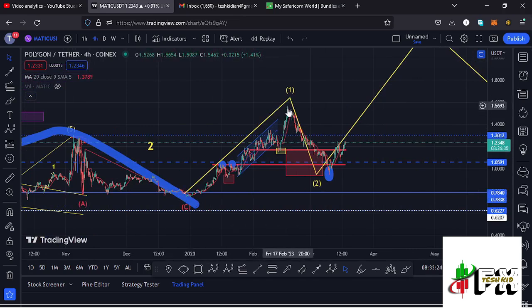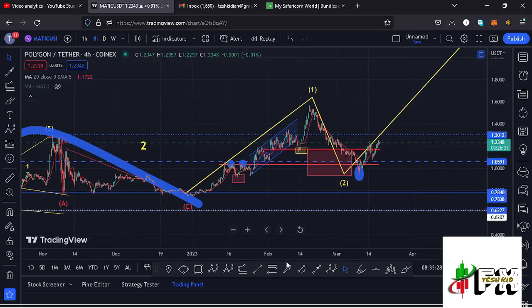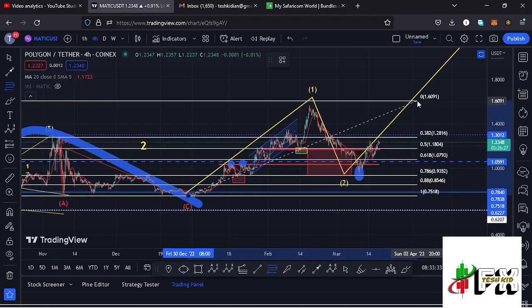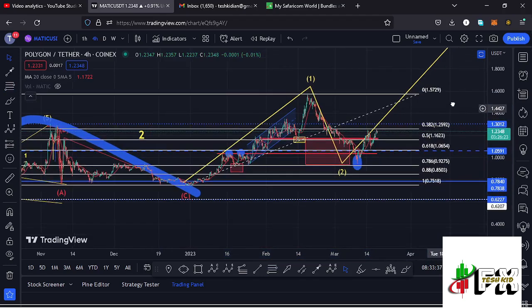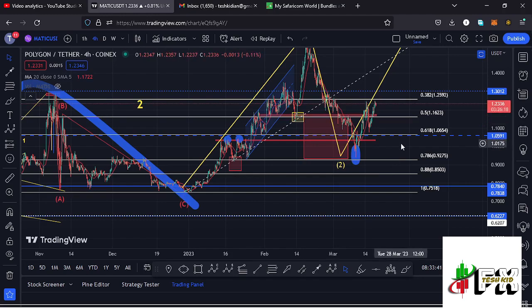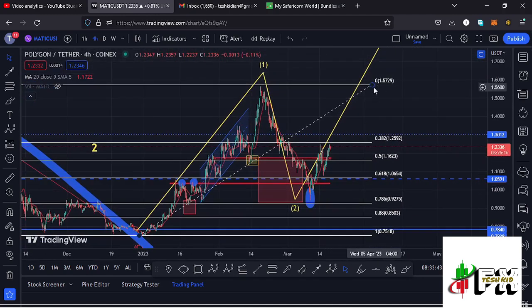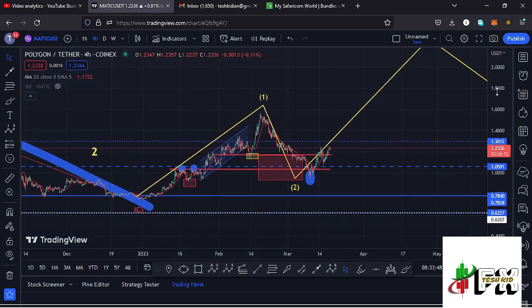And after seeing the high for that wave 1, we started a corrective structure in the formation of this wave 2, and using the Fibonaccis connecting them from the low of the first wave to the high of that wave 1, I was able to come up with the minimum retracement area in the formation of that wave 2 between the fib level 0.5 and the fib level 0.78, which is a target area that we fully maximized. And after seeing our low in the formation of that wave 2, whatever I was expecting next was the start of an impulsive wave to the upside in the formation of this wave 3,